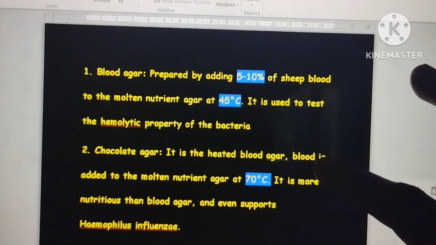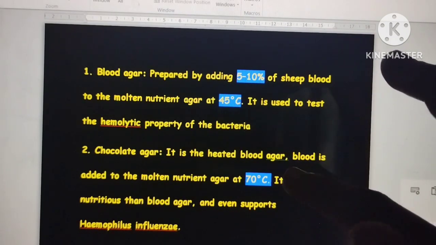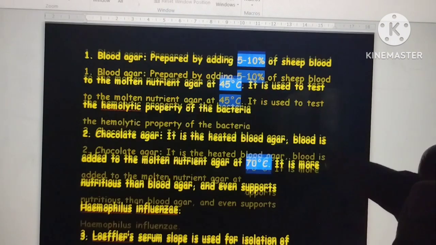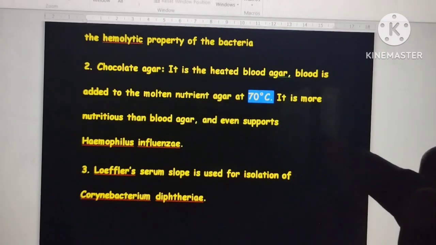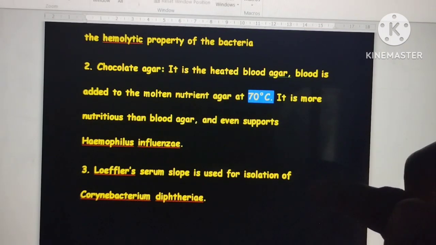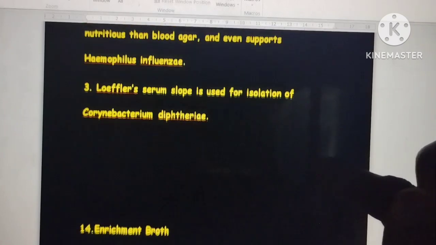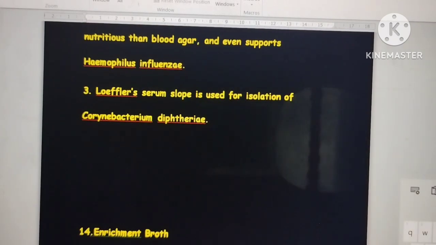So coming to chocolate agar, it is nothing but a heated blood agar, and here the temperature is about 70 degrees Celsius, and it usually supports Haemophilus influenzae. So Loeffler's serum, it is mainly for Corynebacterium diphtheriae and potassium tellurite agar. As I mentioned,